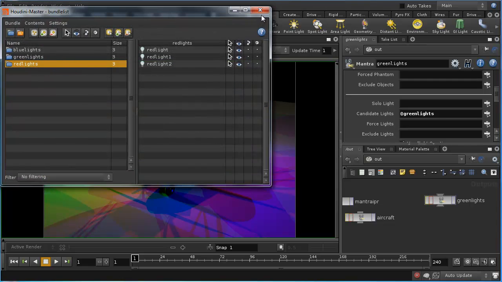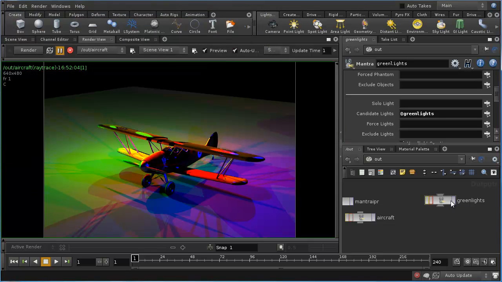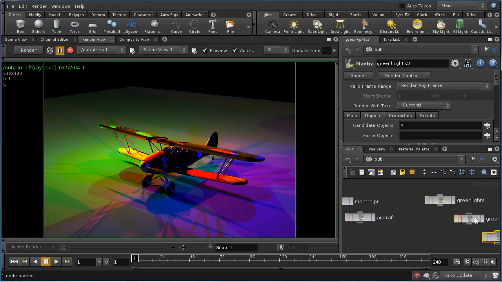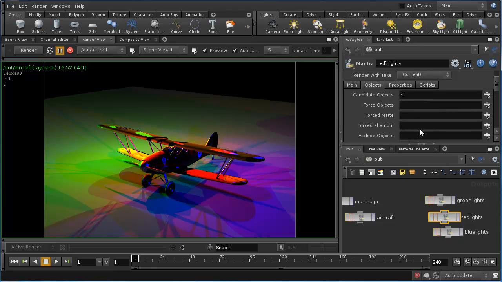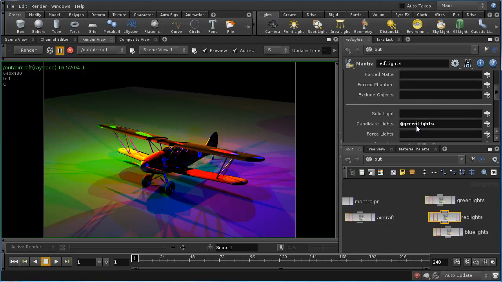Green lights, yeah, that's right. So we're going to copy this, put 2 more down, and rename this one to red lights, rename this one to blue lights, and of course in our red lights, our candidate lights are going to be